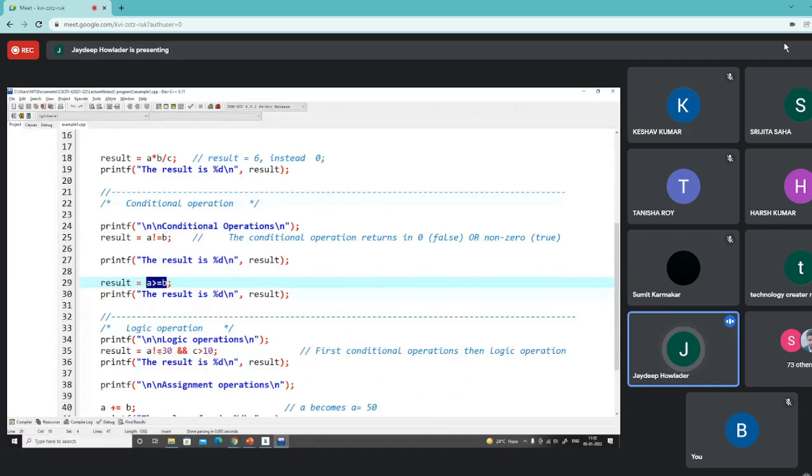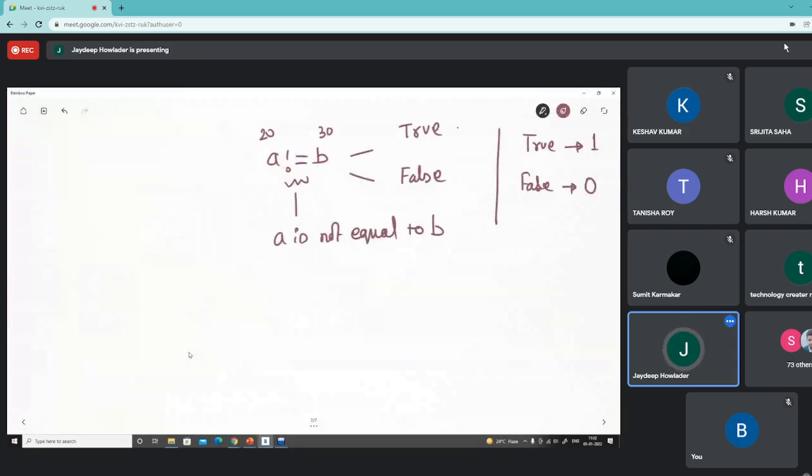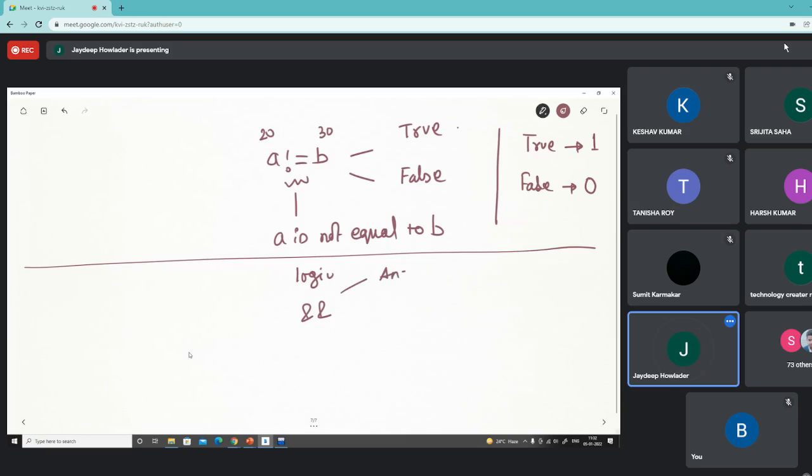So what is the logic operation? Logic operation is the AND and OR cases. So this represents the AND. Its arguments are basically true and false.